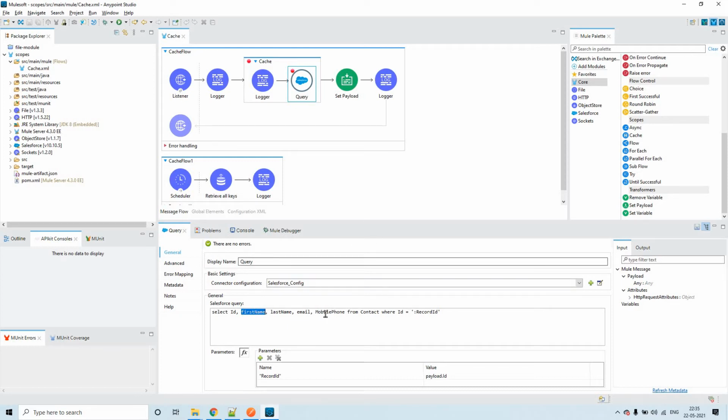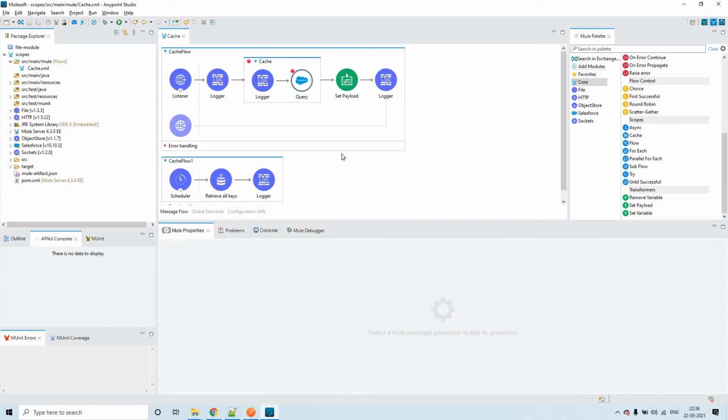Of course, I am querying that record with ID only, but we'll be fetching these five details at minimum. A few things will also come as defaults from Salesforce, but primarily we are fetching these five details based upon the record ID.